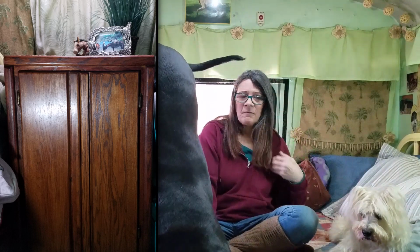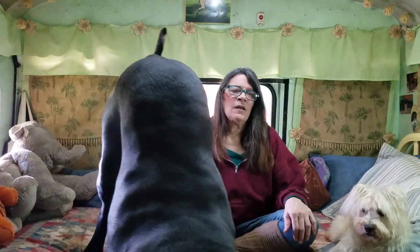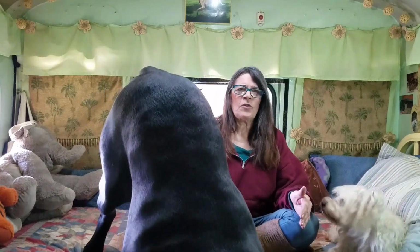My closet I got at Habitat for Humanity, and I didn't pick that up until after I got my floors in. But I paid $20 for the closet. It didn't have a back on it, but that was okay because